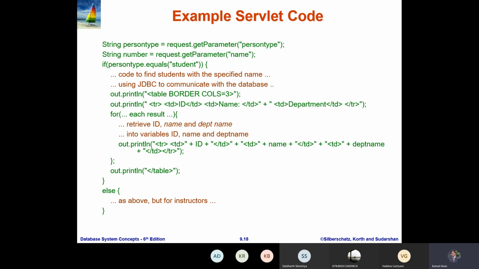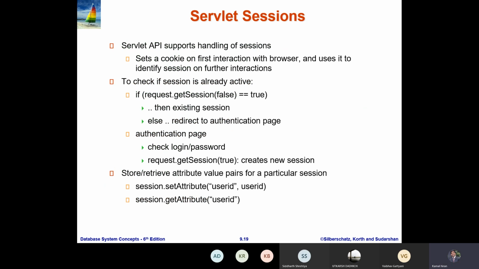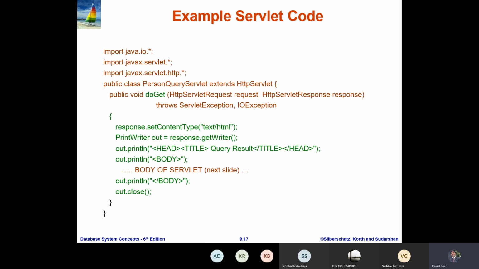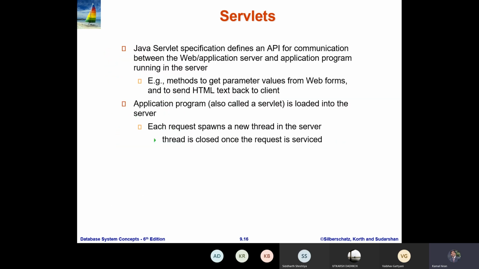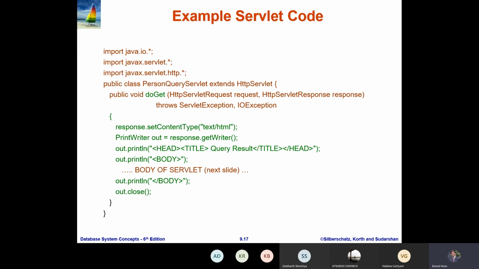So basically this is a raw code for any servlet. The reason for showing this servlet code is that we can pass parameters, we can develop any kind of forms, and we can give any kind of HTML tags in the method also.